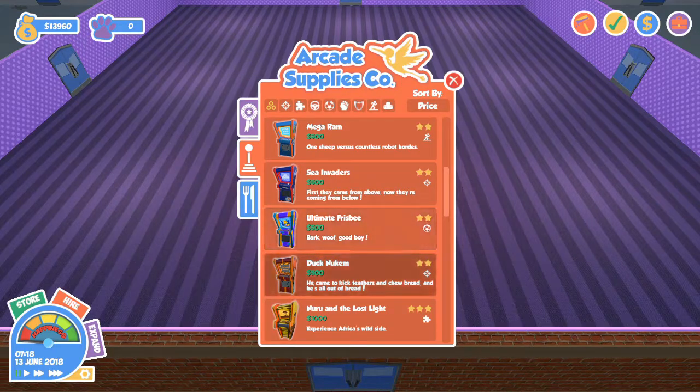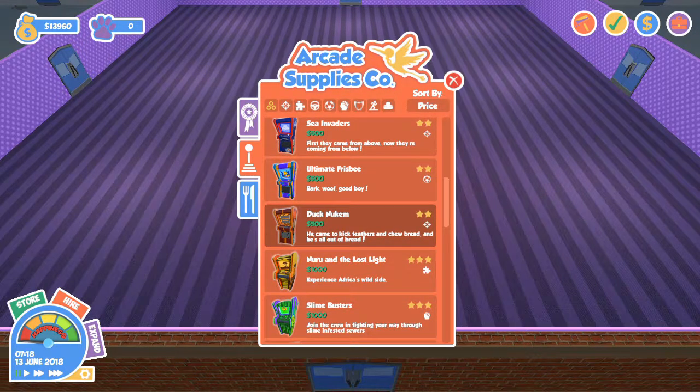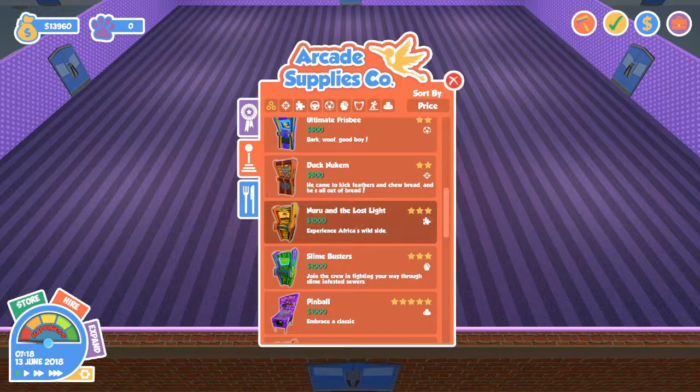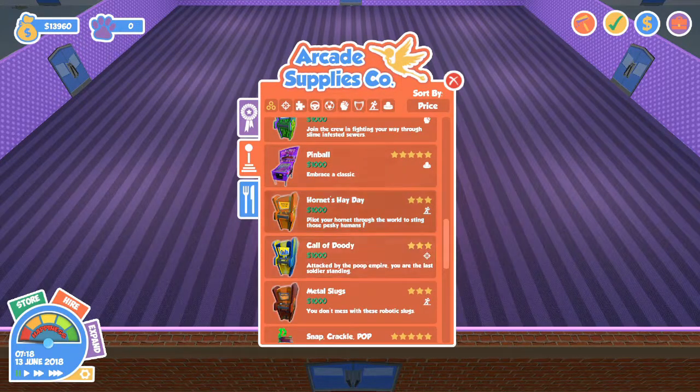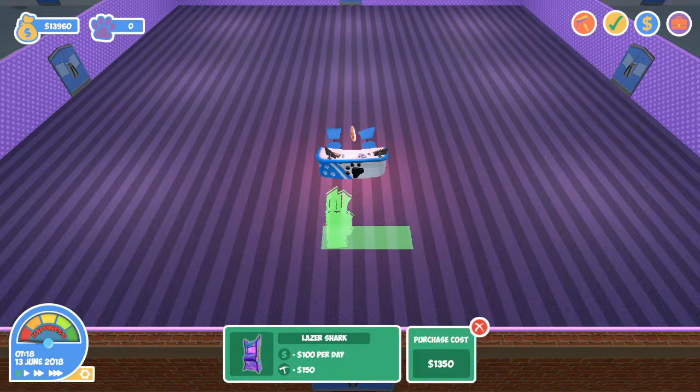Duck Nukem. Oh, is that like Crazy Drake? God. The Crazy Drake, one of the covers was actually a Duke Nukem parody. Anyway, there's a lot of games. Let's get Laser Shark. That sounds like a...